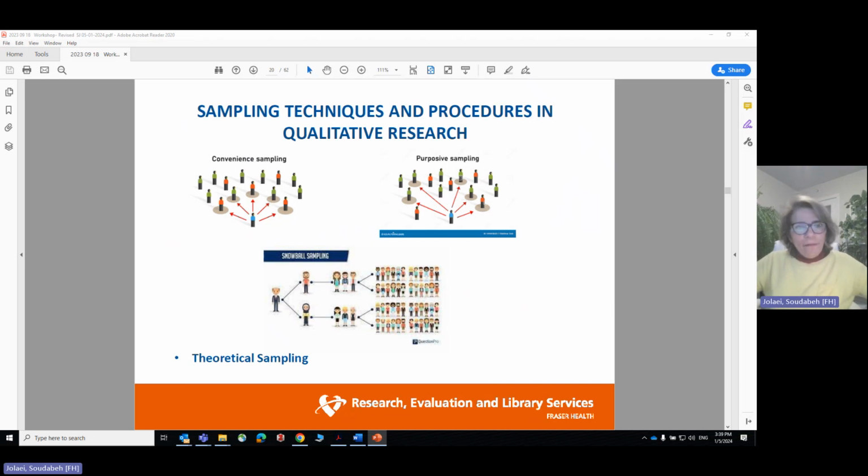And finally, we have theoretical sampling, particularly in some approaches of qualitative